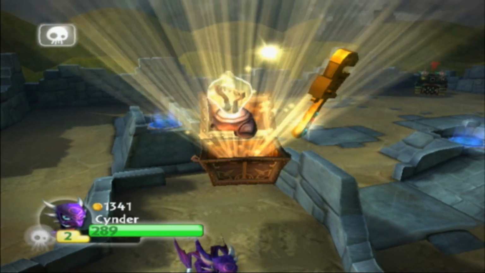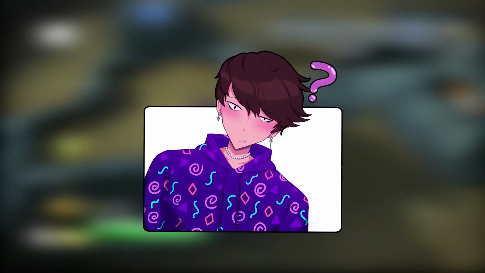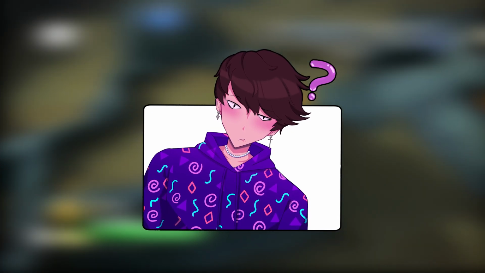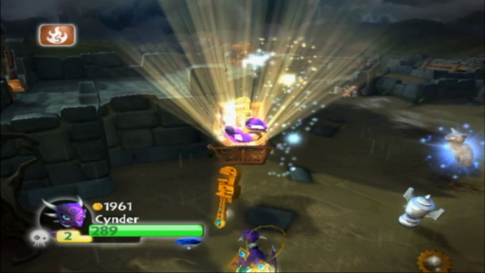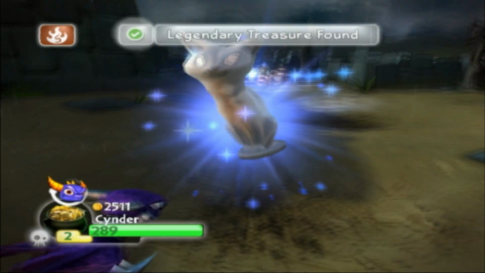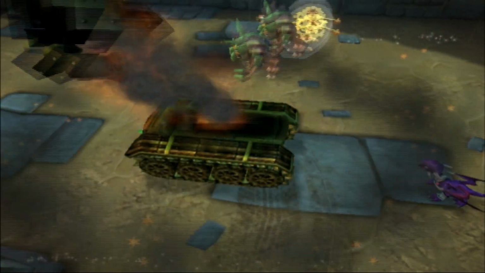Before taking it out, I head to the left and find the next treasure chest, but I'm a bit confused as I remember revealing the legendary treasure at the beginning of the level, but I have yet to see it. I do some backtracking and find the area that I missed, which ended up containing the last treasure chest and of course the legendary treasure. We then go all the way back to the end of the level, take out the tank, and collect the